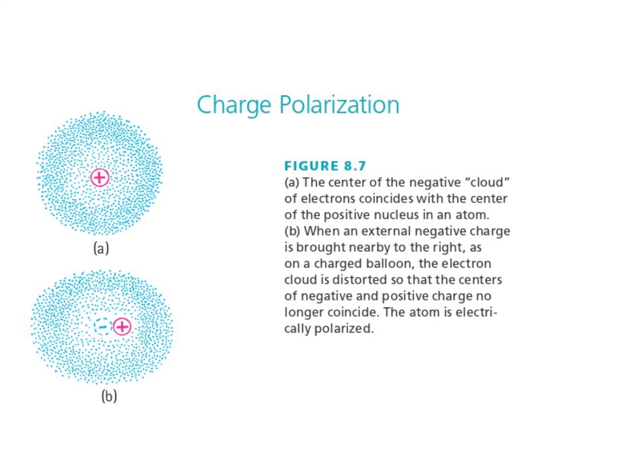But sometimes atoms can become distorted. The proton gets shifted over a bit, but the center of the electron cloud is still here, and this creates what's called a dipole. Now, you don't actually need to know that word, but what you do need to know is that atoms can get smushed out, and that causes a separation of the charges inside the atom. When atoms are distorted in this way, they're forming these little dipoles. We call this process charge polarization. So the charges are polarized when they're spread out like this.